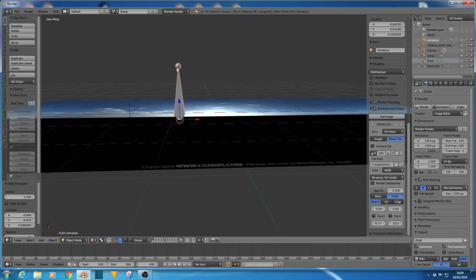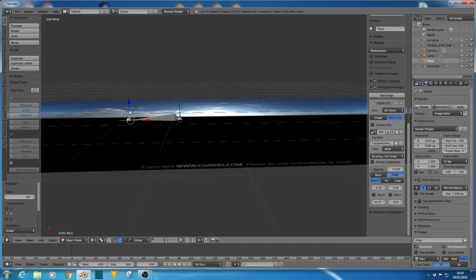Now I need this head to be in the same position as this empty, so I'm going to rotate it on the Y axis, R, Y, negative 90, because we are to the left side of the axis, so this is the negative side. If I wanted it to go the other way, I would type 90. And you can see it's a bit too big, it doesn't quite connect into the empty, so I'm going to choose the other empty,